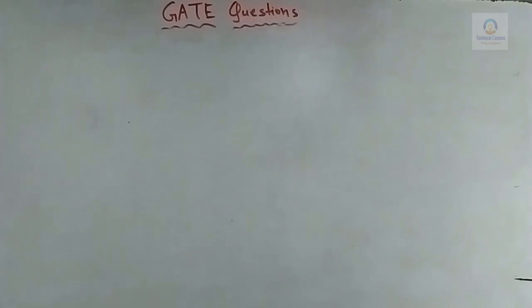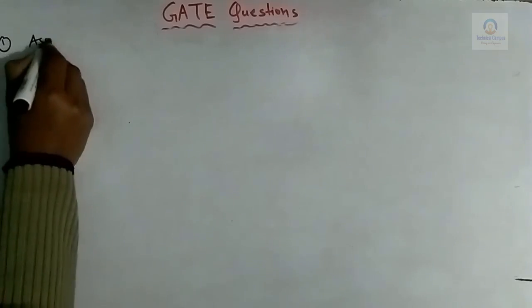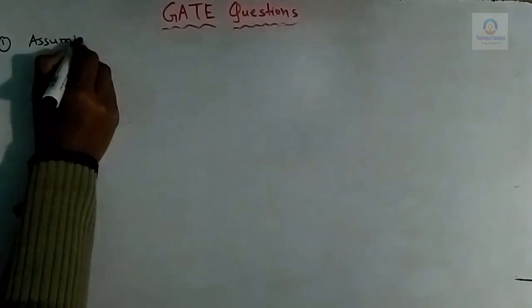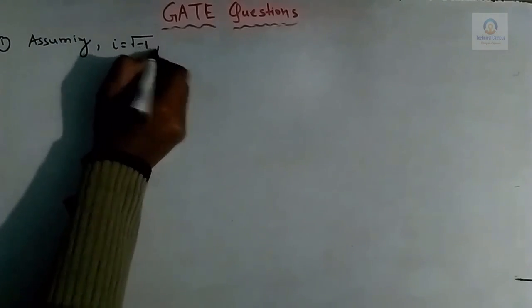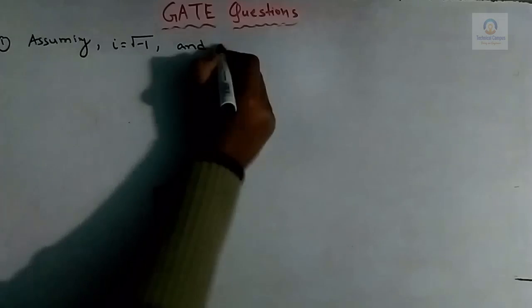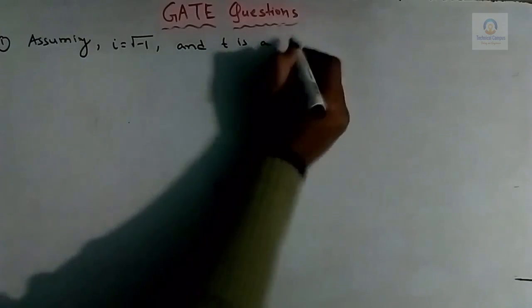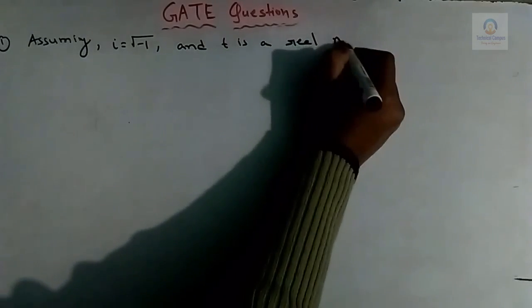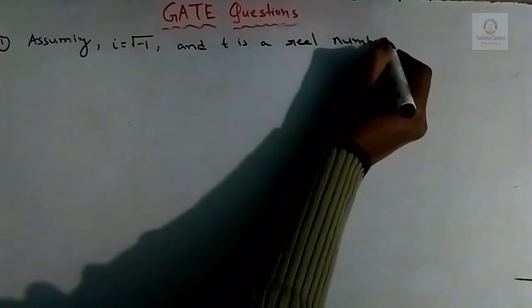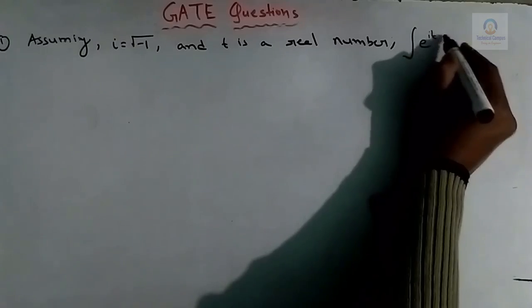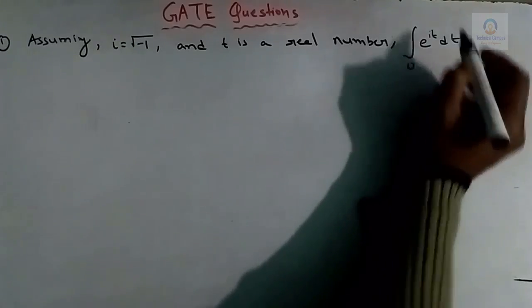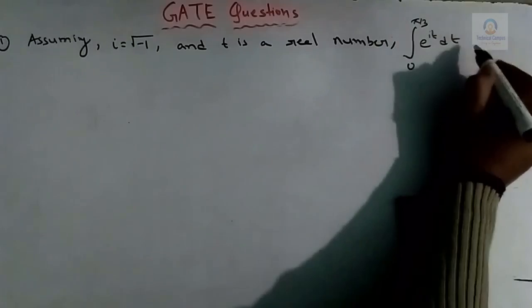So let us solve some questions of GATE from the topic integration. So the first question is, assuming i is equal to root under minus 1 and t is a real number, then the value of integration e to the power it dt over the range 0 to pi by 3 is,